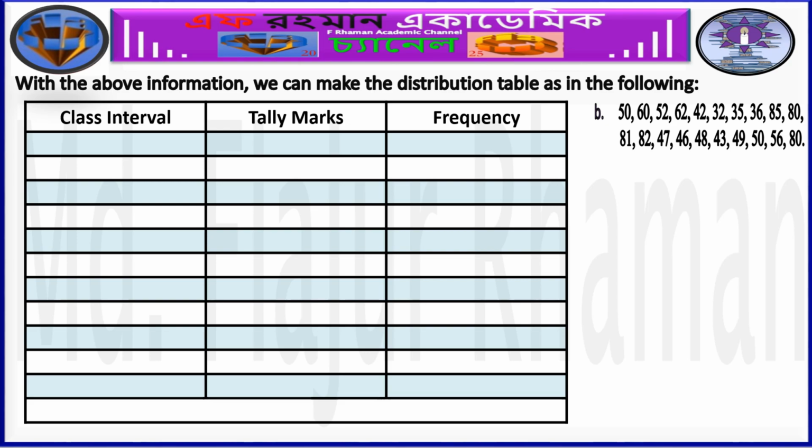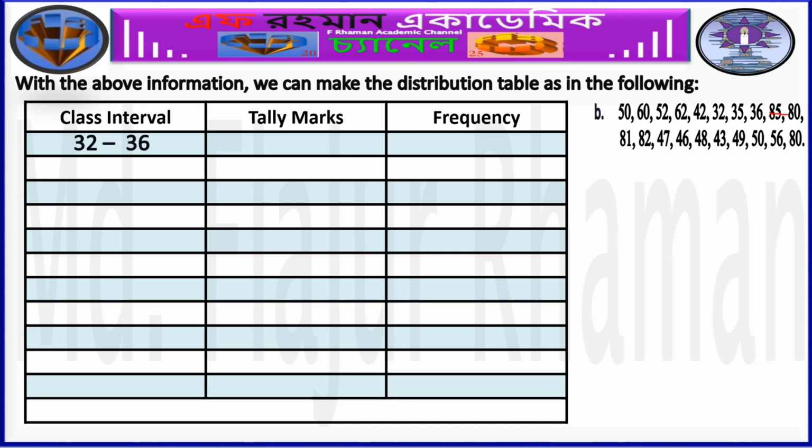Since the difference between 11 and 10.8 is only 0.2, none of the intervals will contain the highest data 85. That's why the first class will be started with the lowest data 32